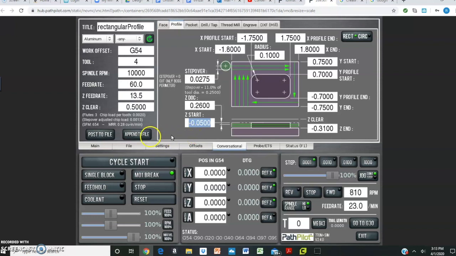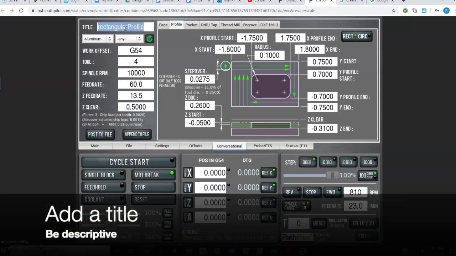And now what I'm going to do is post that to a file. Oh, before I do that, let's go up here and change this. Whenever I have a profile, I like to be a little more descriptive. So I'm calling it perimeter. And now when I click post file,